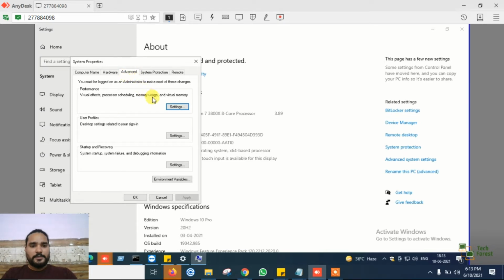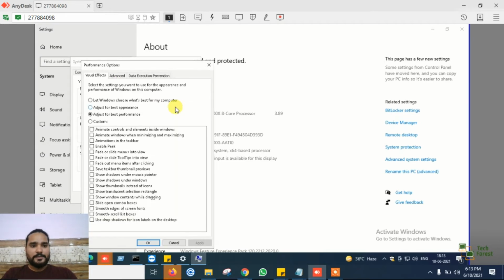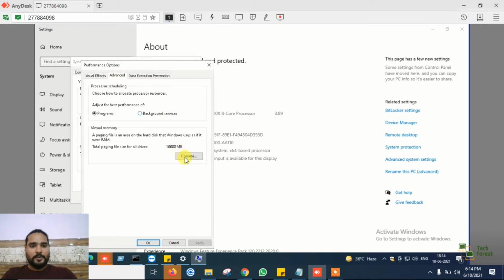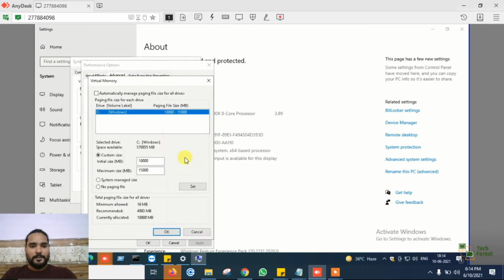Go to Advanced, go to Settings. Here you can see one of the options, adjust for best performance. This is already selected. Go to Advanced, click on Change. I have entered a customized size of 10 GB to 15 GB as my virtual memory.